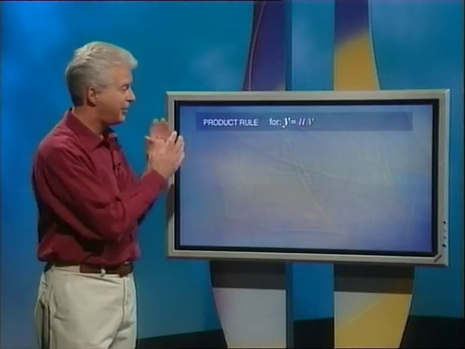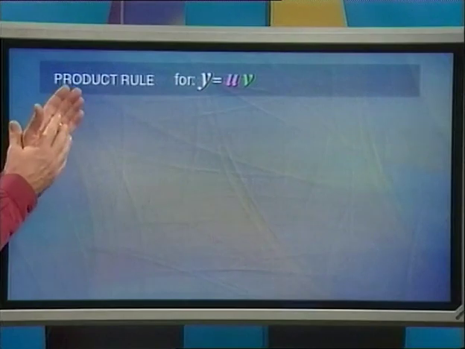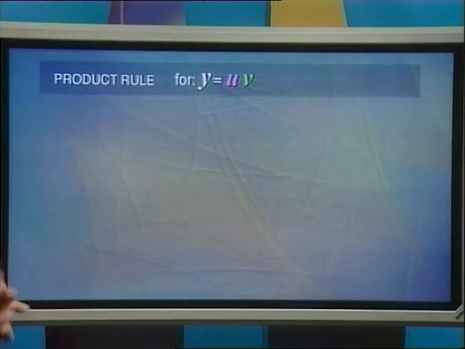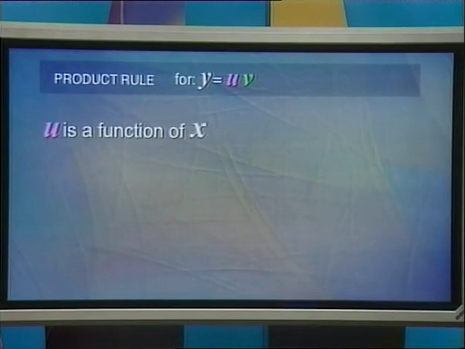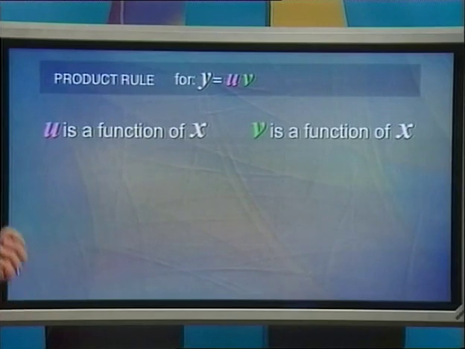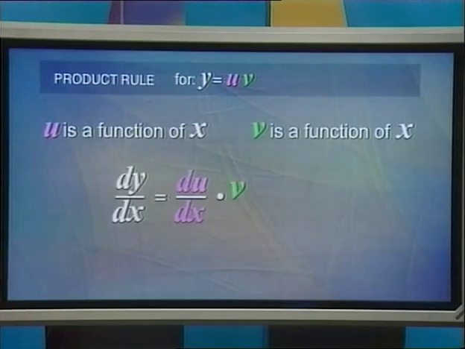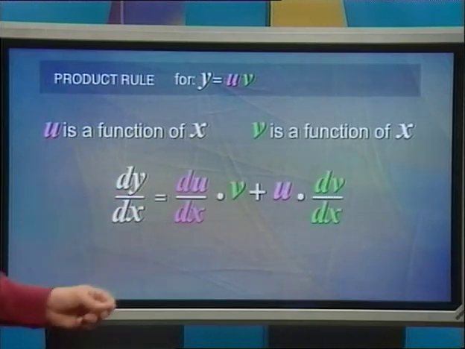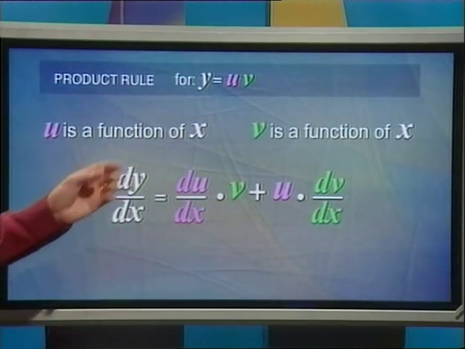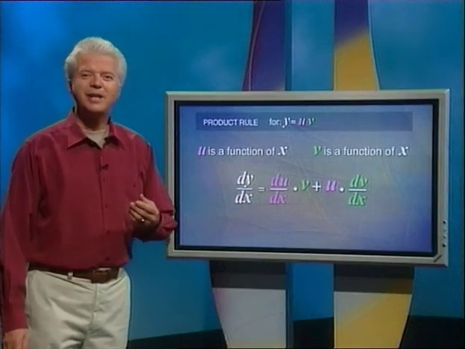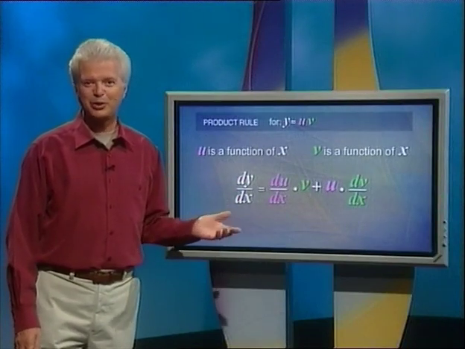Sarah says, when you have a product of 2 functions, this is the rule we use. y equals u times v, where u is a function of x, and where v is also a function of x. And the rule states the following, that dy by dx is equal to du by dx times v plus u times dv by dx. Now, it's not necessary to memorize any of the rules we'll be looking at in this program,